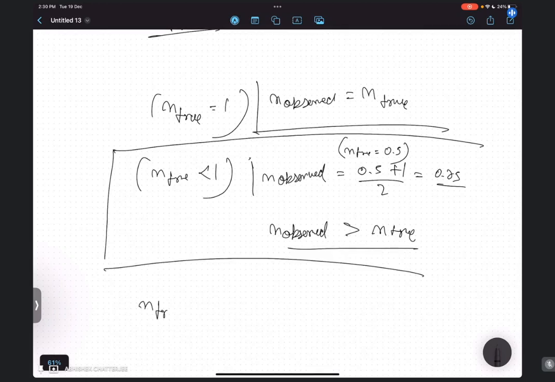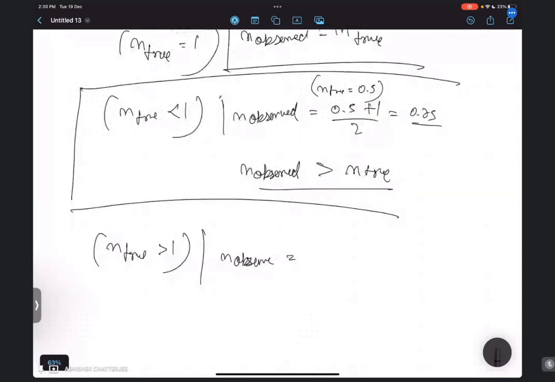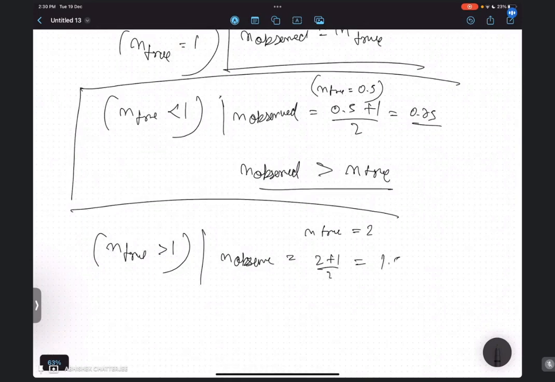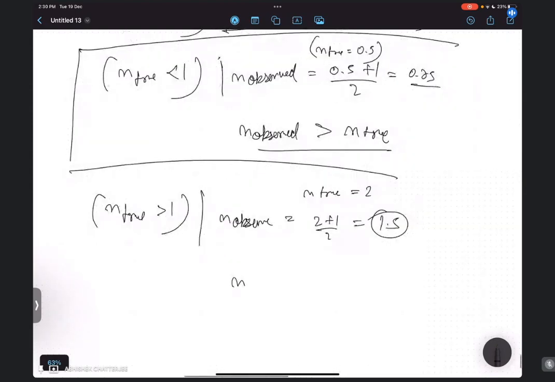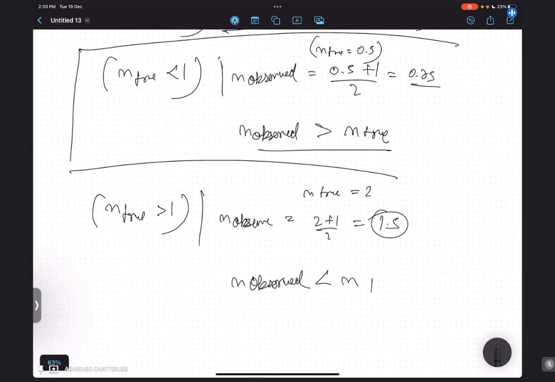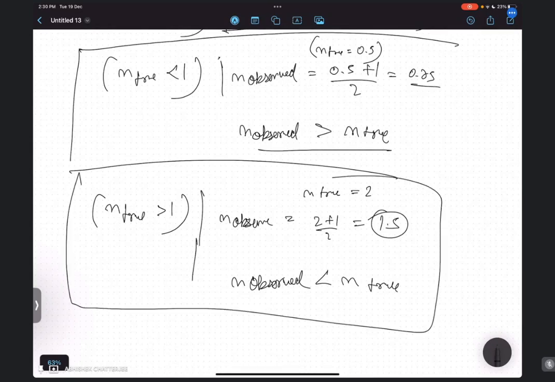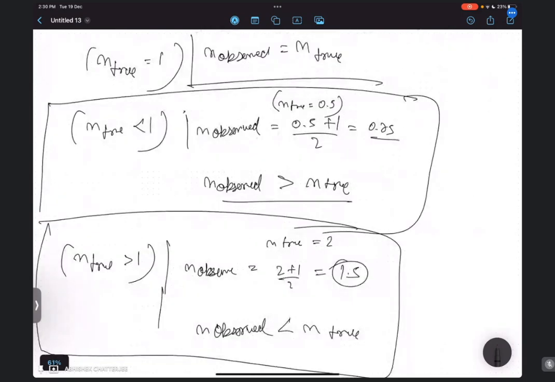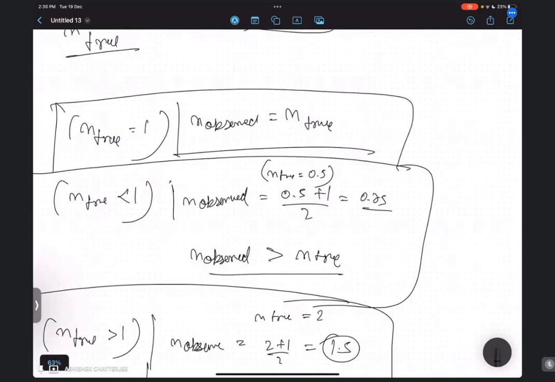For n true greater than 1, your n observed will be equals to, okay, let's consider कर लेते हैं, let n true be equals to 2. So (2 + 1)/2, that is equals to 3/2, ये 1.5 आ जा रहा है। तो इस केस में क्या हो जा रहा है, n observed will be less than n true. ठीक है।